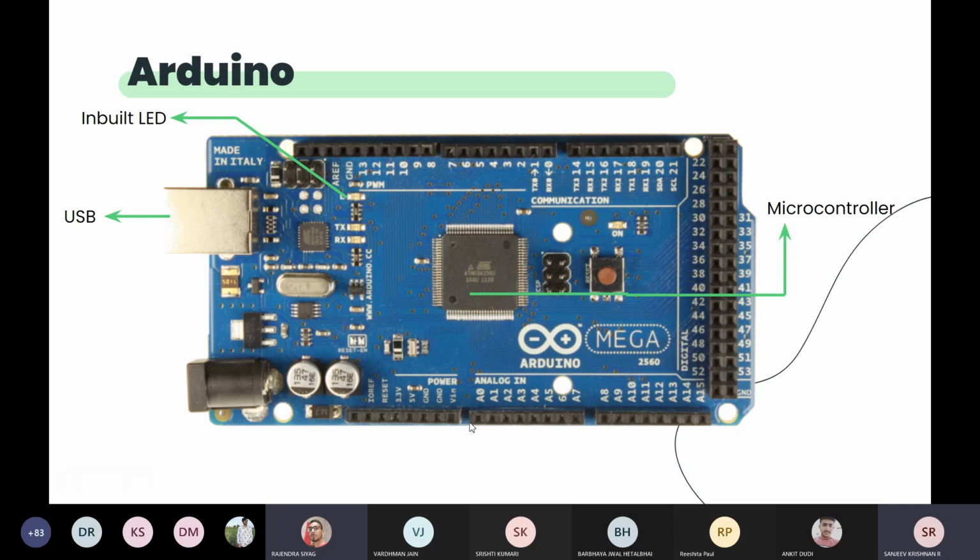You can give power through this Vin. So you are asking how we can give power? The battery which you would have seen before has two terminals. How can we connect the two terminals? The positive and the negative of the battery, you are saying. Yes, sir. So the positive goes into Vin and the negative goes into ground.